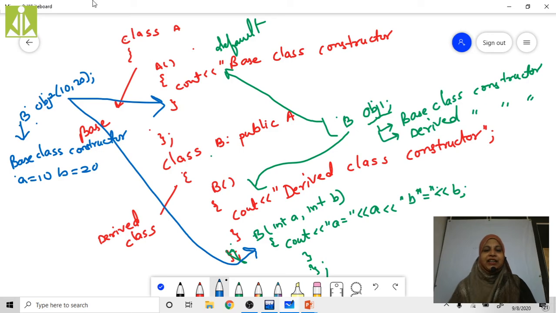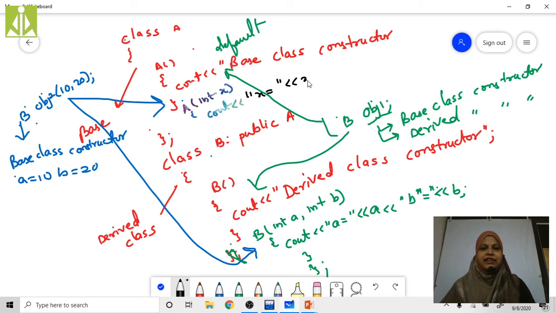See here, in this third example, I am going to define an int x parameterized constructor, cout x equals x. This is the parameterized constructor for this class A, the base class.